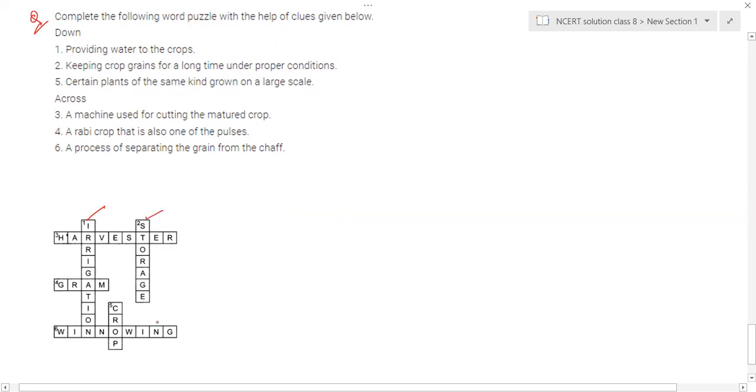Then you have the fifth one, which says a certain plant of the same kind grown on a large scale is a crop. And a machine used for cutting the mature crop is called a harvester. A rabi crop that is also one of the pulses is gram, that is the fourth one. And the process of separating grain from chaff is